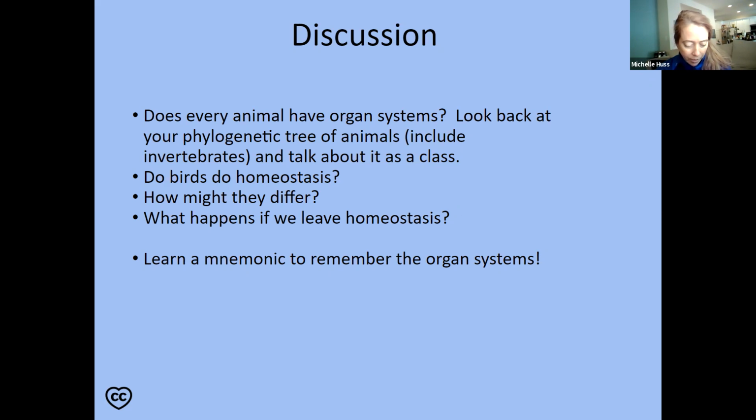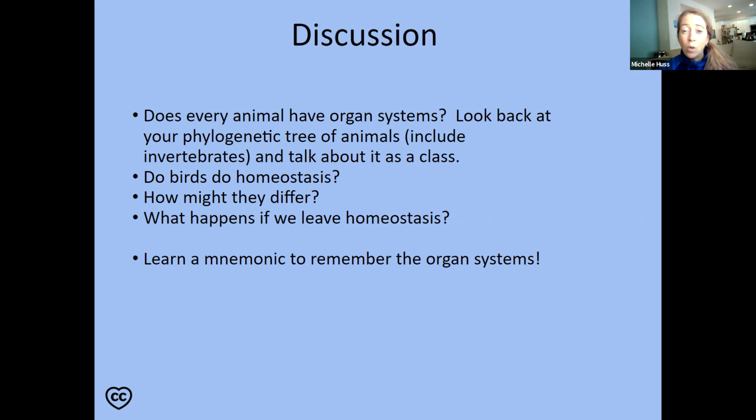Why is this false? Organ systems. Okay, so organ systems are groups of organs that work together in a coordinated manner. We talked about homeostasis. There are 11 organ systems that we'll be going over. I have a nice little mnemonic for you, which is drummer's link. That's the first letter of all the organ systems that you have to worry about. So we will be looking at each of these organ systems.